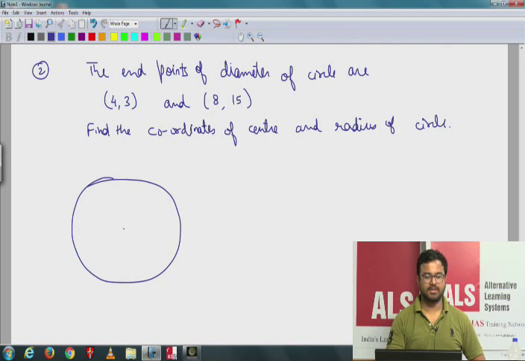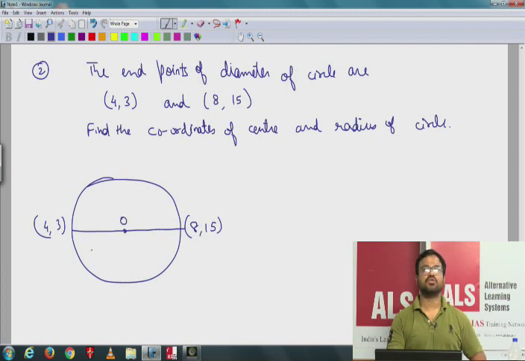The end point, and you know that the diameter passes through the center. This is the diameter. Let's say this is (4, 3) and this is (8, 15). So this is the center. Let's say this is O. So you have to find the coordinates of O, and you know that when the center is O, so it